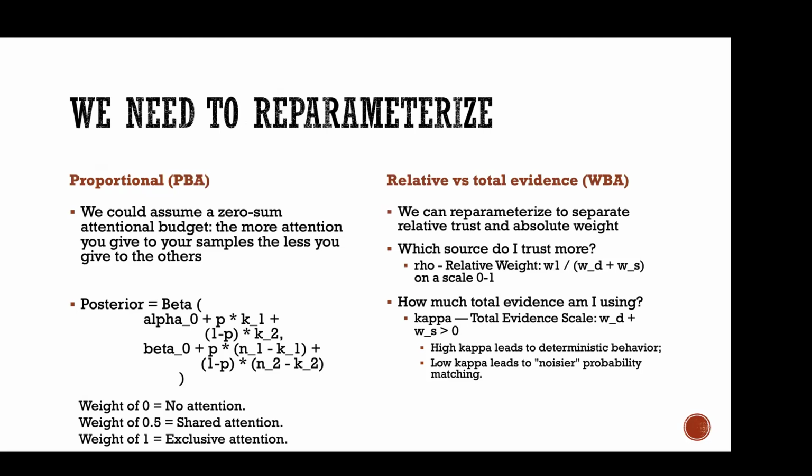It's exactly the same information that we had in the previous model, not the proportional, but the previous weighted Bayes. We just explicitly tell the model that the way this parameter works is not that the two weights are independent from each other, but that there is a ratio and that there is a total amount of evidence. Does that make sense?